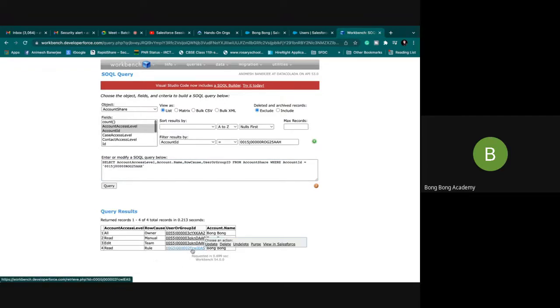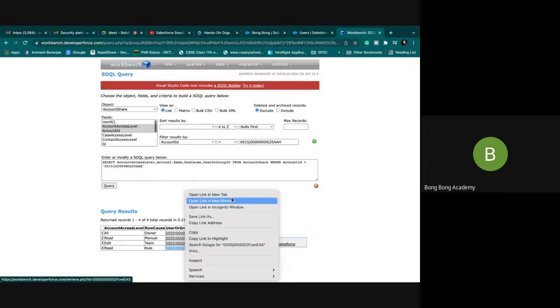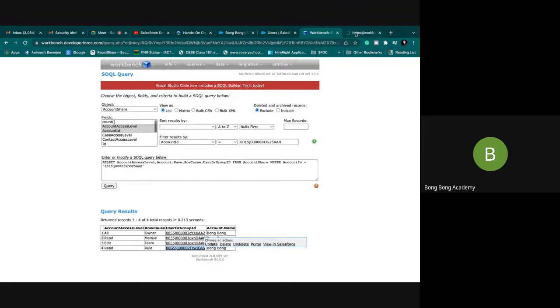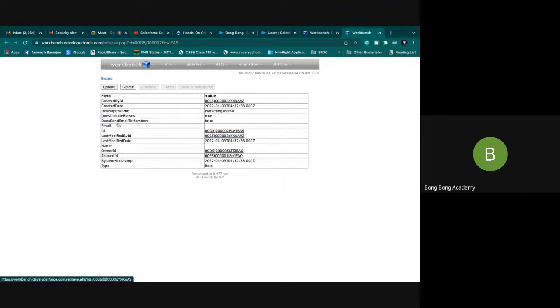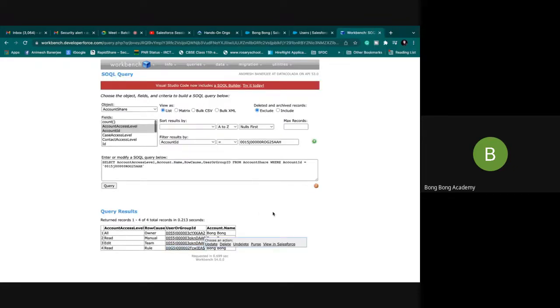In that case, if you click on this rule, whom this is getting shared to, you will see it is getting shared to marketing team role. Okay. So this is not an individual user. We have shared to a role.